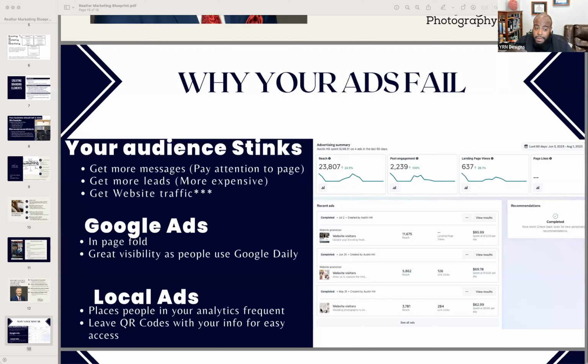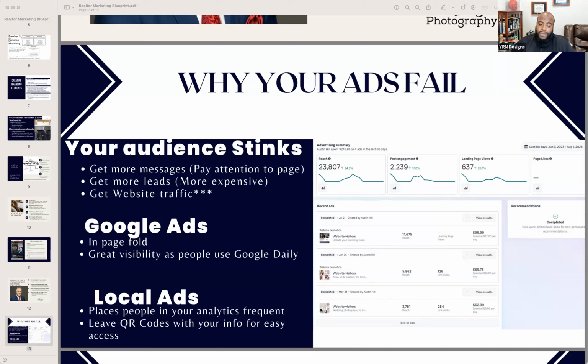Some people, Google Ads may be better. You might want to show up on the top of page 1 or page 2 in Google, which is great. Google is also great for visibility. And then if you're like, awesome, I really don't have it to spend on ads right now, which is fine,